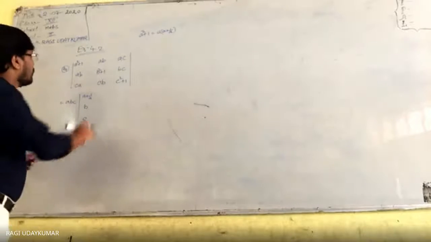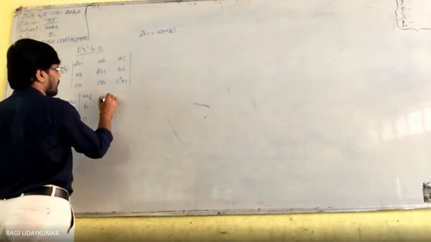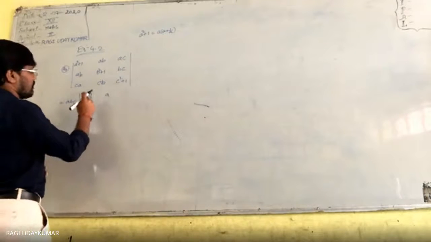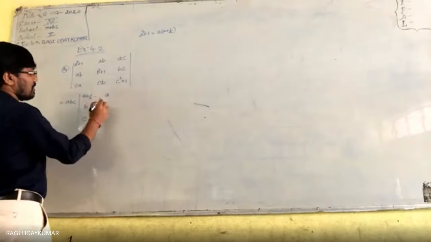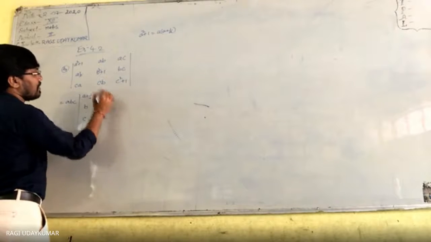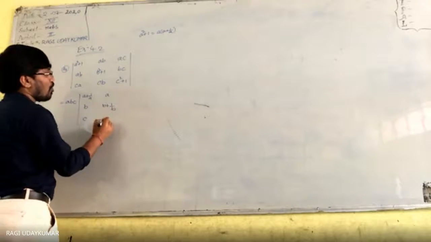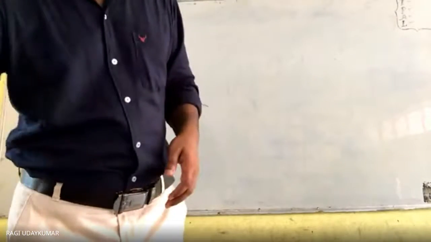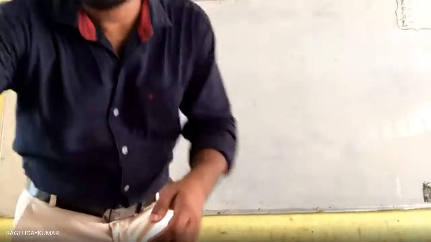Okay, so here b you are taking common. Here a. Next, from this b plus 1 by b. From this b, if you take the common c. Wait for a while. Maybe this is sir's phone. I'll try to receive that.